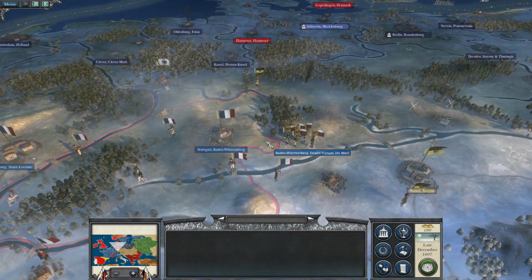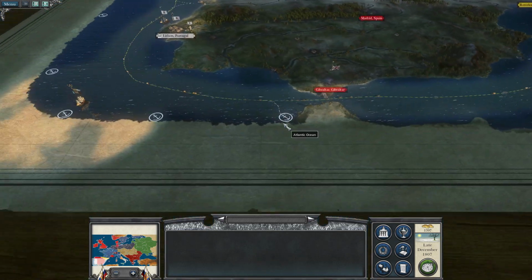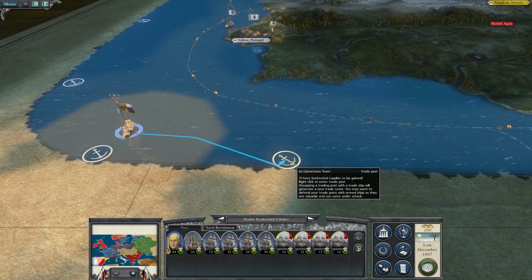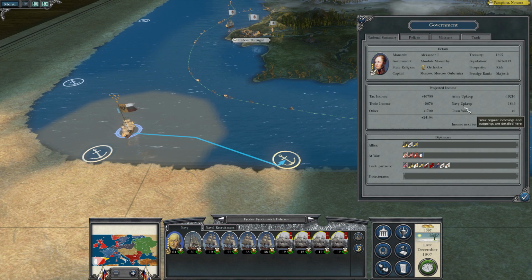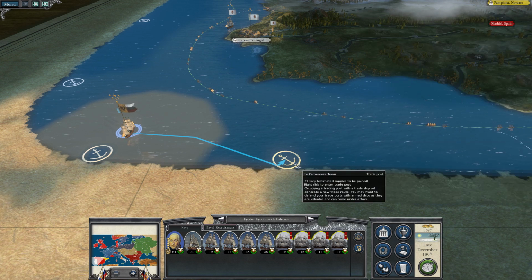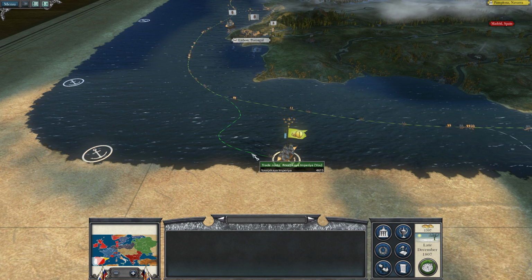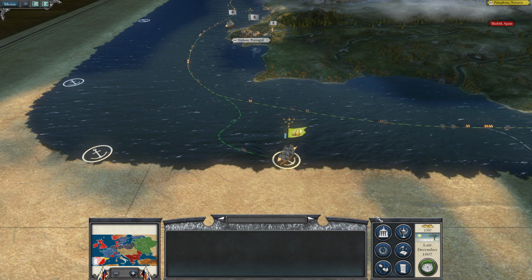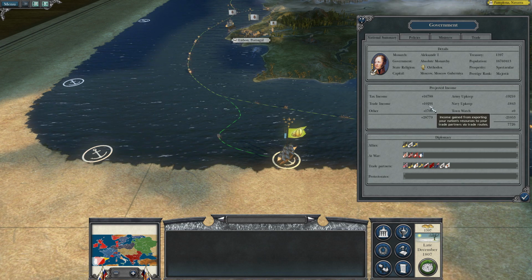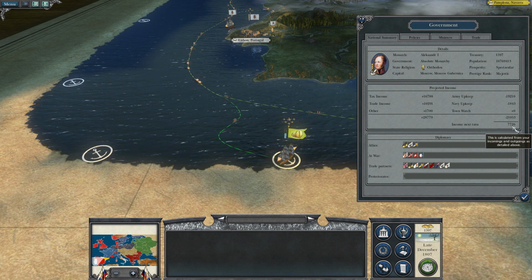I think, though, since I've advanced in time, we can actually send my trade fleet. Yes, it's within range, so we can get ivory. I just wanted to check on the trade. So right now it's 5,600. If we send it to ivory here, then we get 4,600 from that, which increases our trade to 10,000,